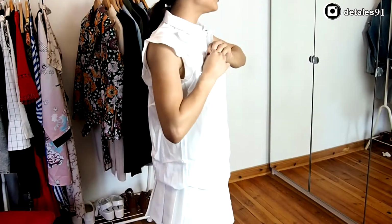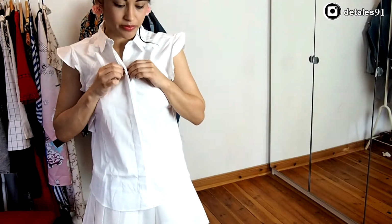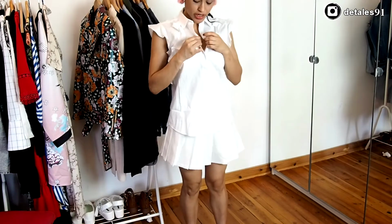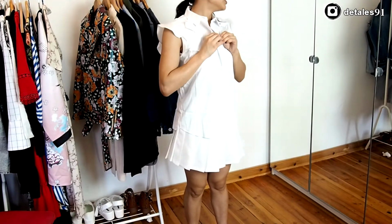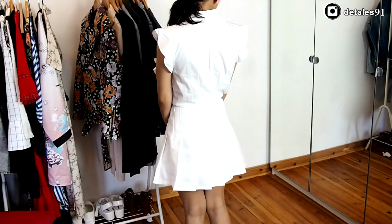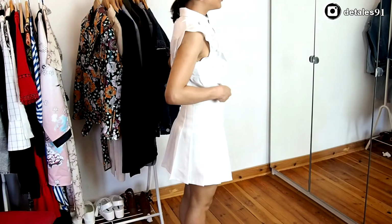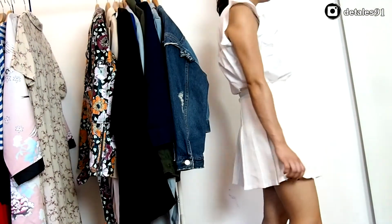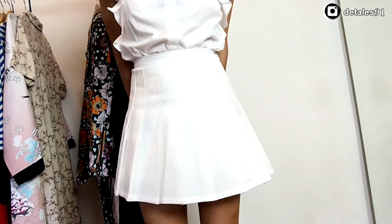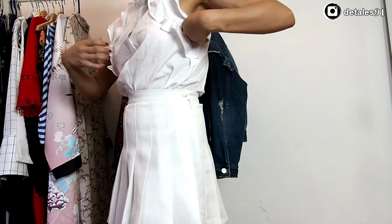First blouse, and I'm gonna just button it up fully. I don't really like how the sleeves look on me, because I have really broad shoulders, but the whole look is really interesting because it's all white, so it's not bad. And I like the ruffles. So it's a basic white shirt with a very trendy twist. I think it's pretty, and it's actually really pretty. This outfit is actually really pretty, to be honest. I would definitely wear it tucked in most of the time, and it's really breathable and nice,